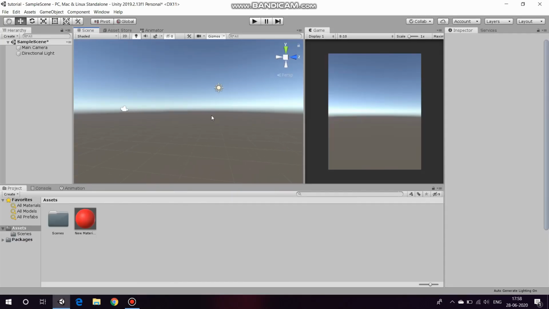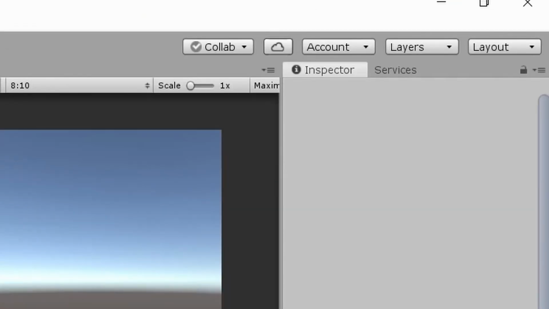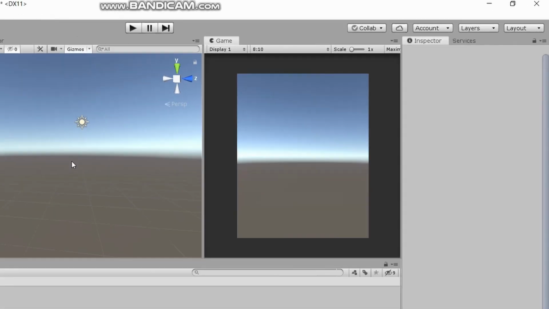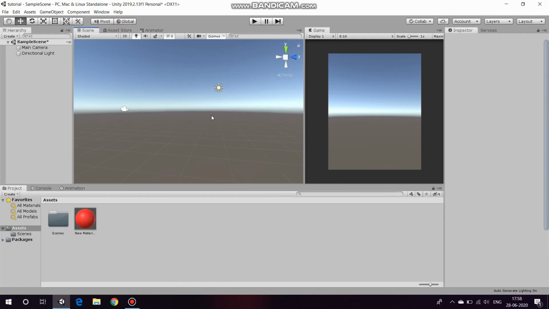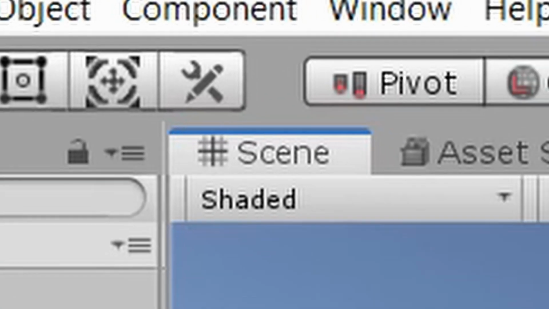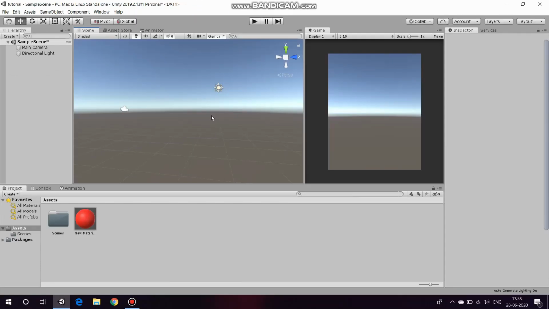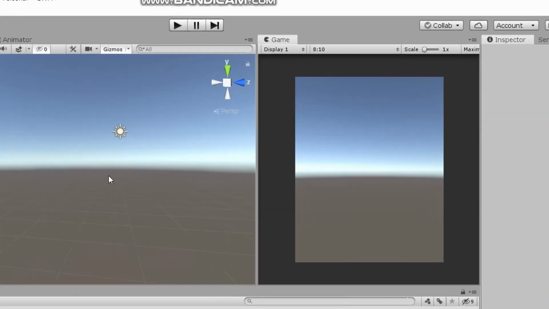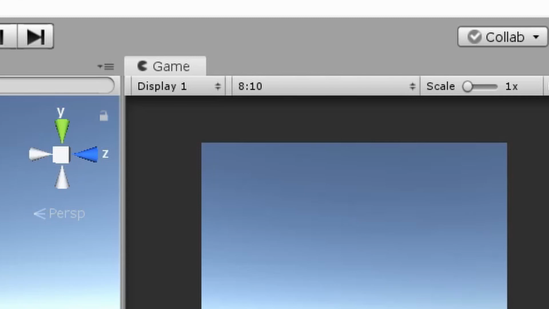Now we'll look at the basic layout of Unity. On the right side of your window, you can find the Inspector tab. The Inspector tab has the details of the components attached to each game object. The next one is the Scene tab. The Scene tab is the view in which you place all your game objects and you can view it in 3D space. The next tab is the Game tab.